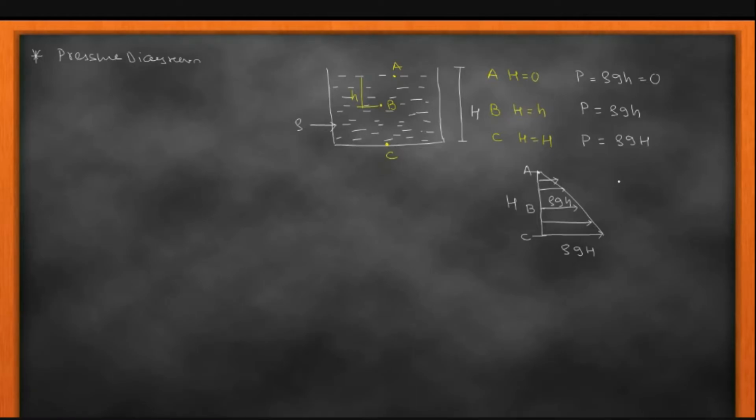This diagram is called a pressure diagram, and from the pressure diagram we are able to find the total pressure force as well as the center of pressure. Here, for the graphical method, from the pressure diagram, the total pressure force is equal to the area of the pressure diagram. So the geometry which forms over here, let's say I give it the name CC dash. So the area of the pressure diagram means the area of the triangle